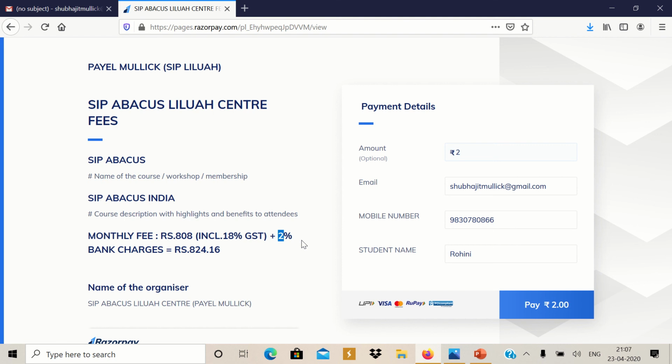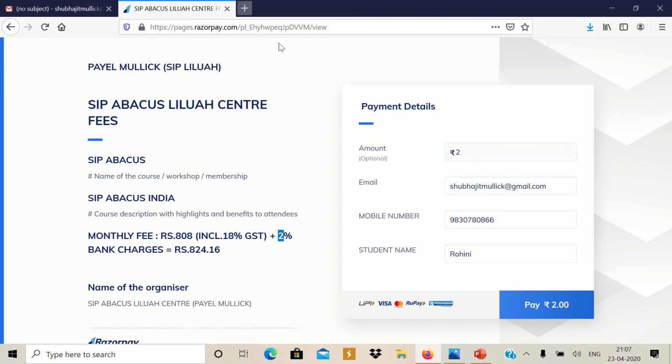But if they cannot do anything, and we also cannot take health risk and open the center to take cash, so best is I'm sending you this simple link where there is no app, nothing to download. Just click, use your debit or credit card or net banking, whatever you want, and pay. But for this 2% charges, everybody in the country knows 2% bank charges are taken. We will not get this amount.